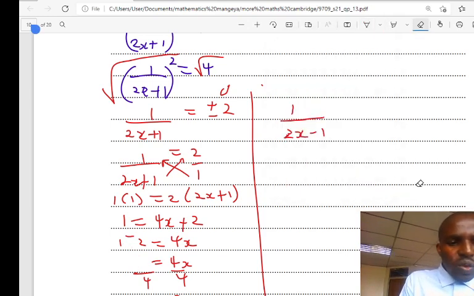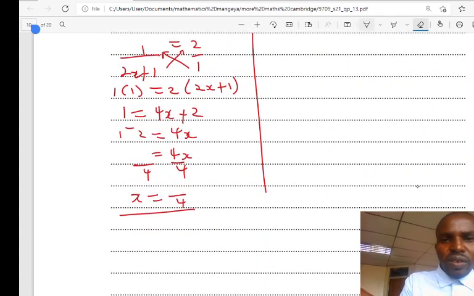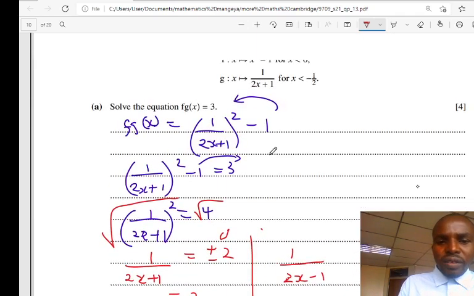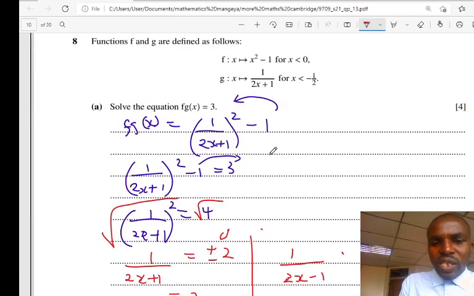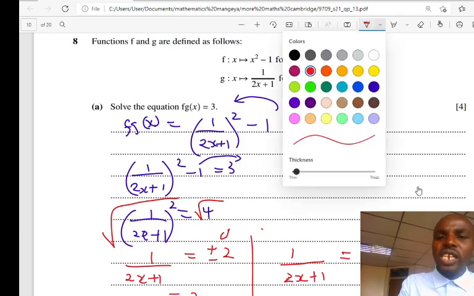Minus here. Then this one, it means... So this one is supposed to be a minus. Then this one is supposed to be minus 1. This one is supposed to be minus a quarter. Like this. Then up there, we can say this one is equals to, it's a plus here. Then it's minus 2. Now we're taking minus 2.